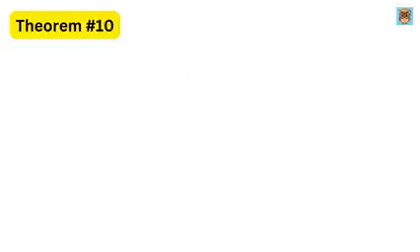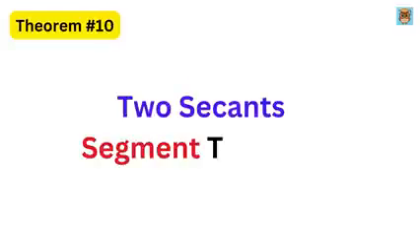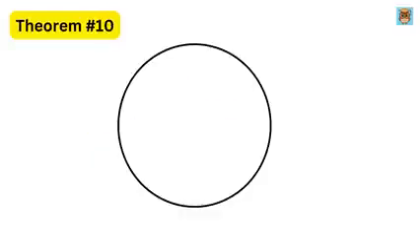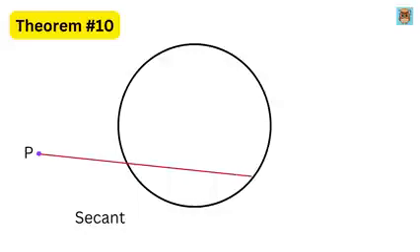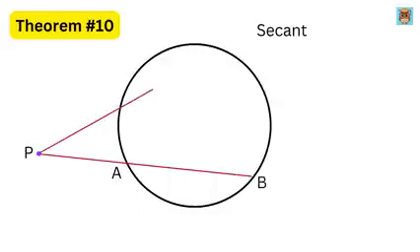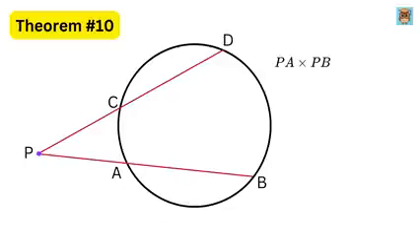Now, Theorem 10, two secants segment theorem. Suppose we have a circle and an external point P outside the circle. From P, we draw a secant line that intersects the circle at two points A and B, and we draw another secant line that intersects the circle at two points C and D. Then, according to the theorem, the product of the distances PA times PB